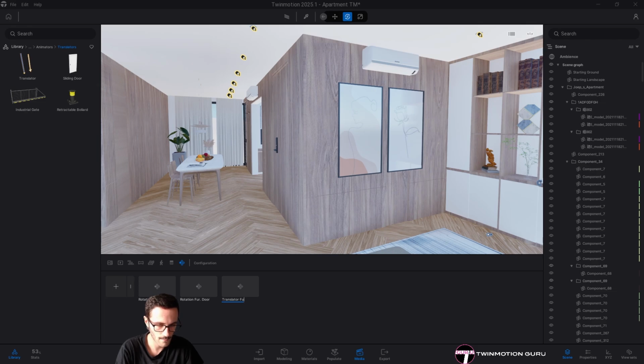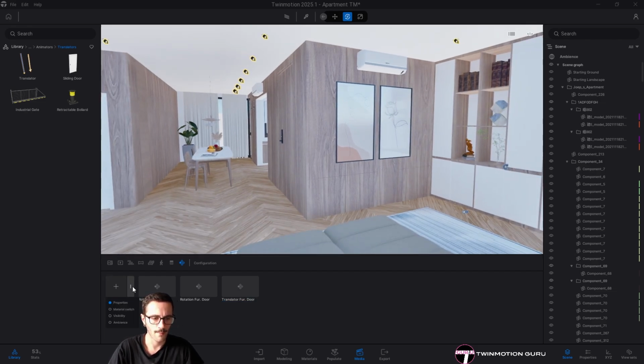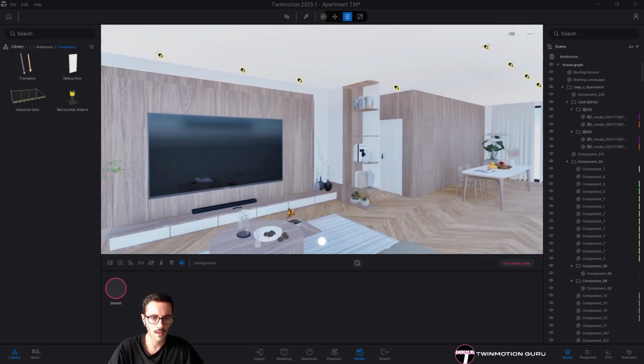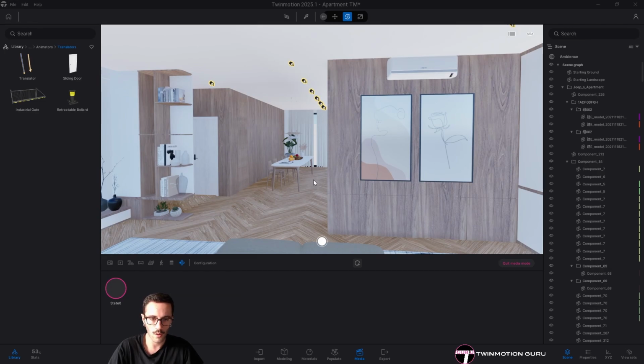translator for door. Okay. In the media, I'm changing with the material switch, and from here, and by clicking of course the plus icon, we can change maybe the entire wall configurations or materials.